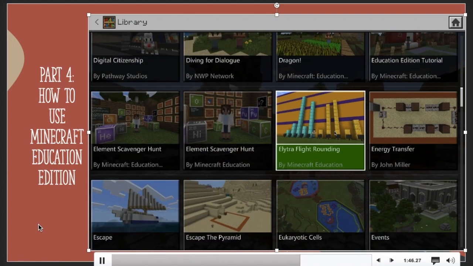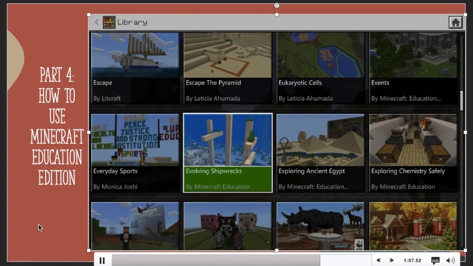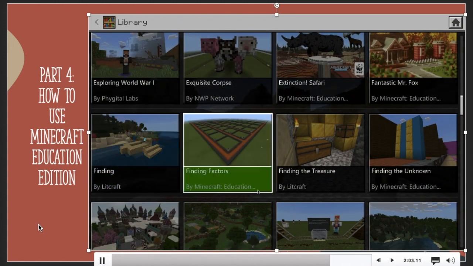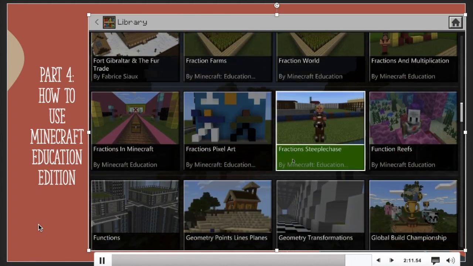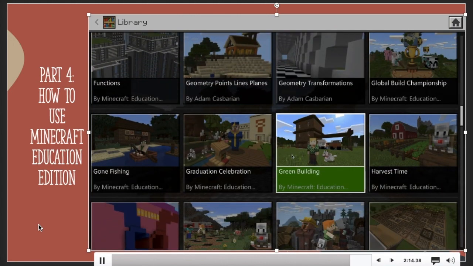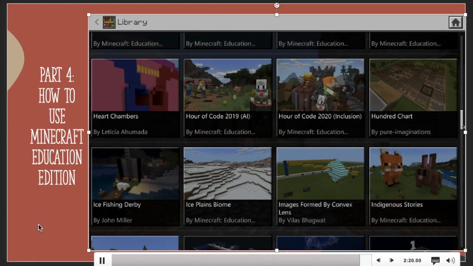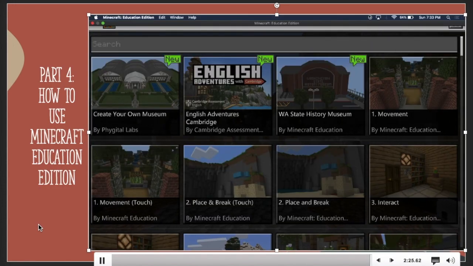There are just so many different examples. So a chemistry one right here, element scavenger hunt, having the blocks that are notable to Minecraft representing different elements on the periodic table. This can really make students just open up their minds. They could learn about different world wars. It's just all about presenting the content to students in different ways. So if you are interested in doing this after this professional development training, you can scroll through and see these are just only some of the ones that are published. There are thousands out there for you to choose from, or if you're bold enough after some experience, you could even create your own. So Minecraft Education Edition, there's just so many possibilities.